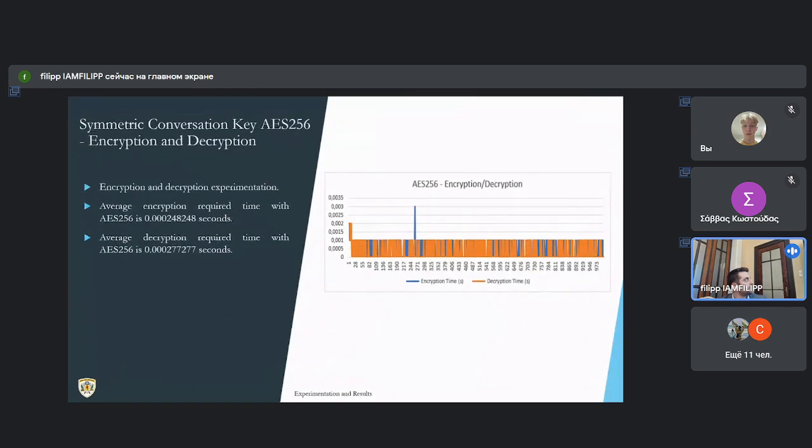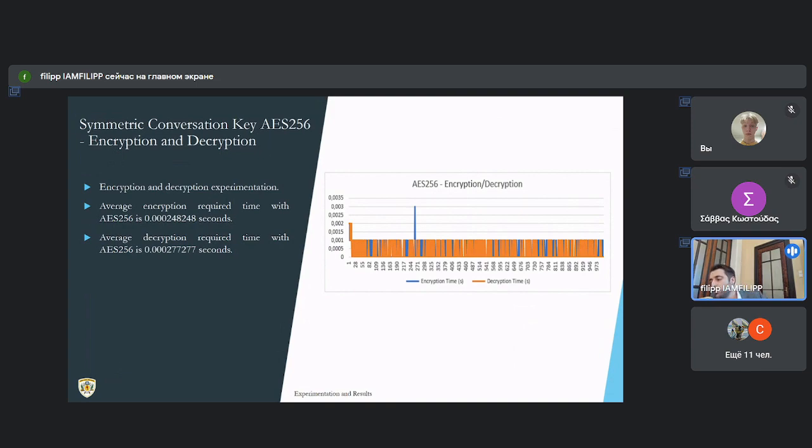Now let's continue specifically with AES. The test results are presented regarding the purpose-built implementation of the AES algorithm, and specifically the encryption and decryption processes of the symmetric key data.